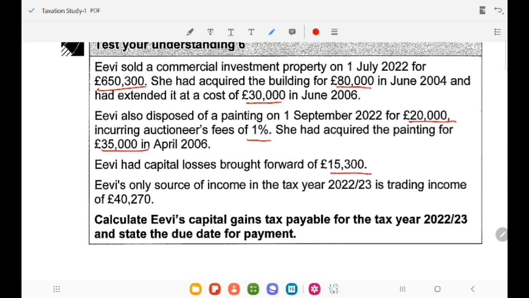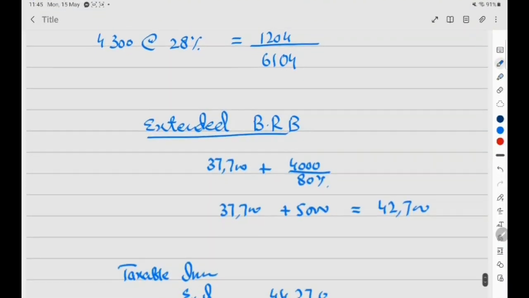She had a capital loss brought forward 15,300, and the only source of income in the tax year is trading income. Again, you have been given a trading income, means you have to deduct personal allowance from this to get the taxable income. The calculation is also about the capital gain tax payable. So we have to consider all these things. So first it is 6,50,300. That is the gain. We have been given disposal proceeds 6,50,300. So we have to calculate the gain, which will be